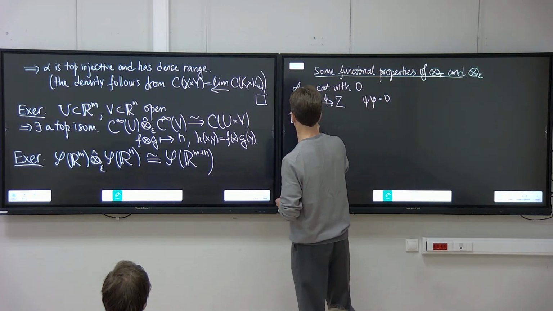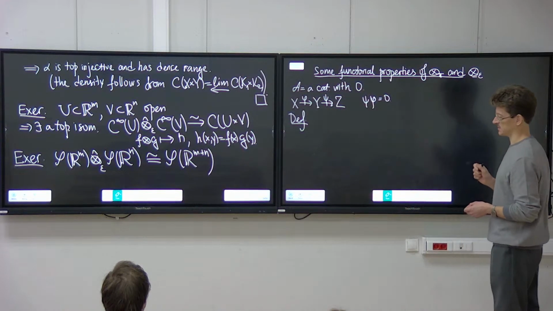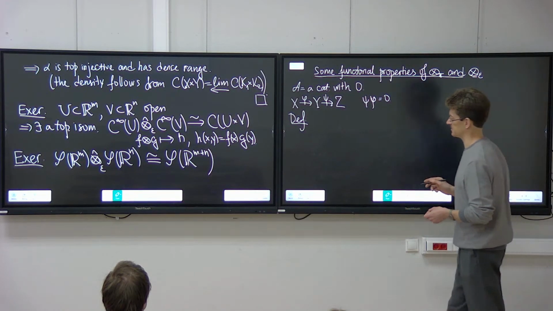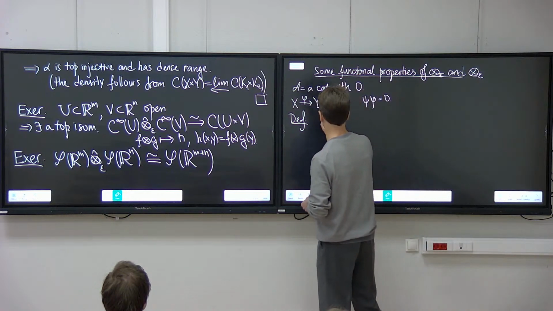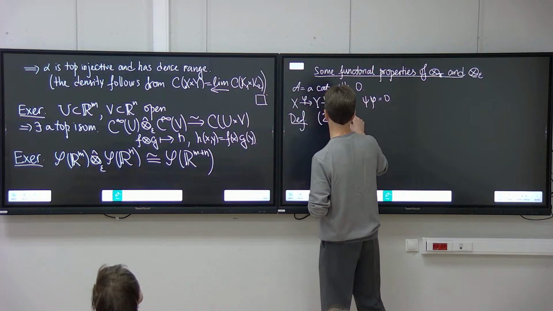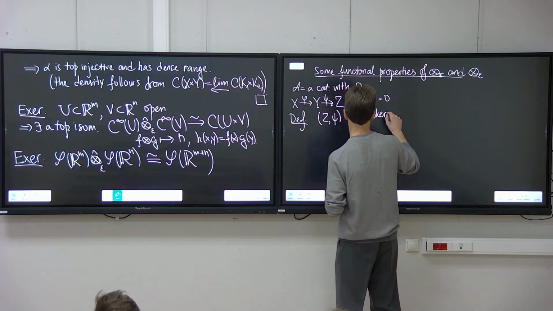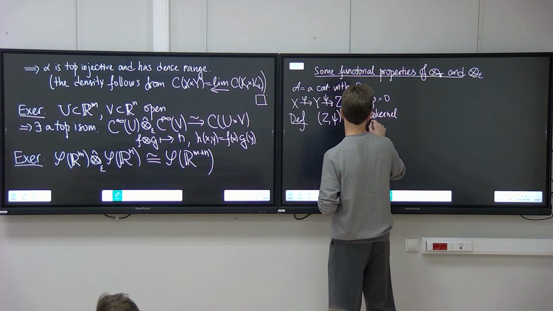And let's recall the following definition, which was already discussed some time ago, but in slightly different terms. We say that Z with psi is a cokernel of phi